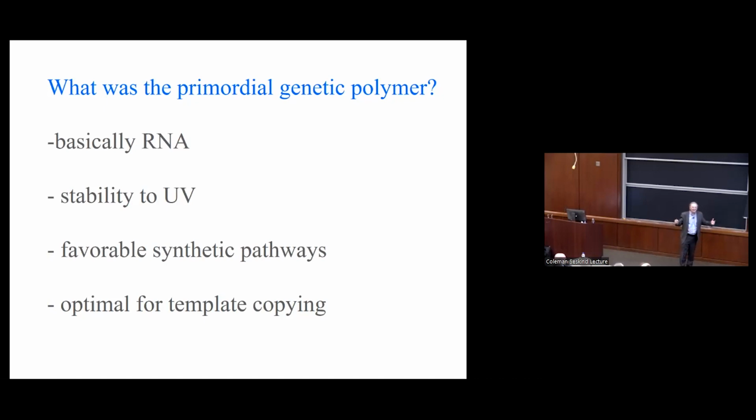It turns out that so far at least, the chemistry going to ribonucleotides looks kind of favored, predisposed. This part of it, it's hard to know if it's because what people have studied so far is how to get to RNA, and how to get to a lot of other things has not been looked at as much. But if you put all this together, is it really true that there's only one way to get life started, and that's by going to RNA? That makes me very uneasy, right?